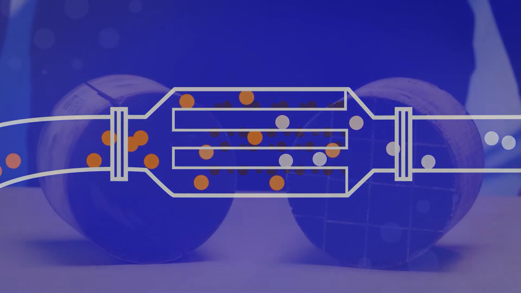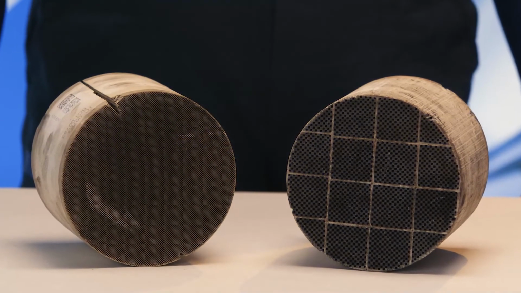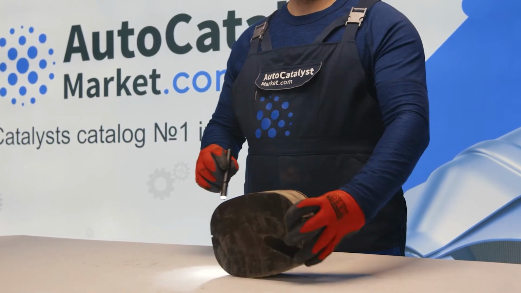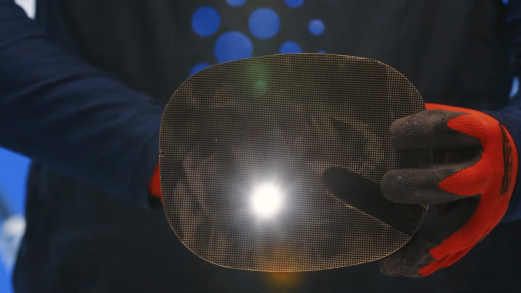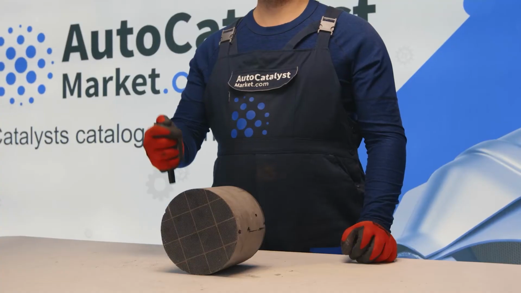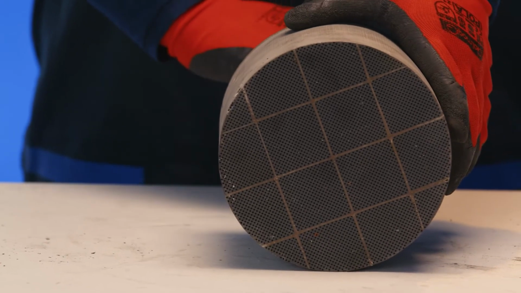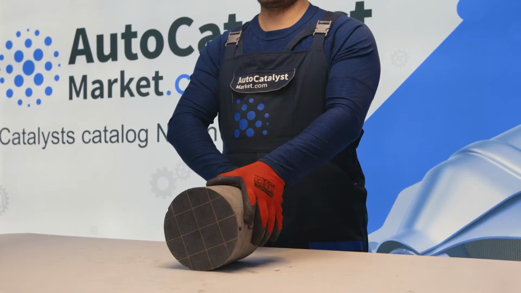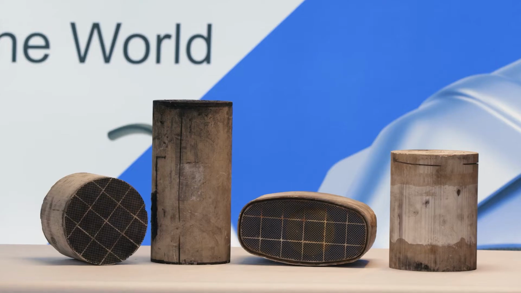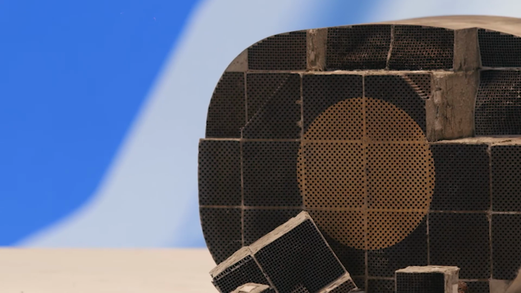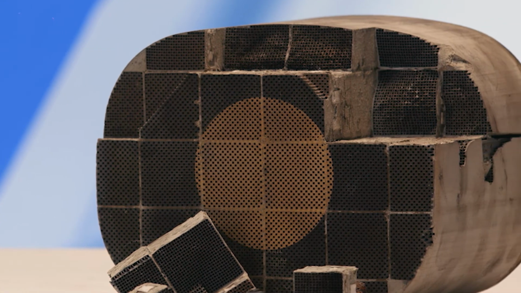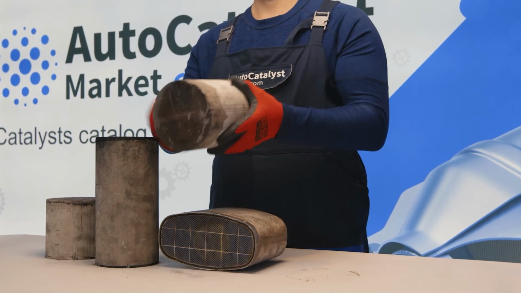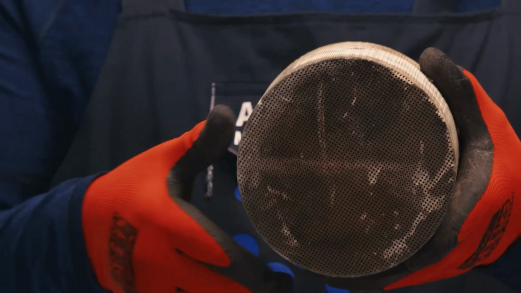How can you tell the difference between a catalytic converter and a particulate filter? If you look at the light through the catalytic converter, you will see that the channels of the body are perforated. And in the particulate filter, each channel of the matrix is closed on one side, alternating with each other in a checkerboard pattern. Therefore, it is physically impossible to see light through the particulate filter. In addition, as you can see, some of the particulate filters consist of channels structured into blocks, and there are also particulate filters with a single ceramic body, very similar to ceramic catalytic converters.